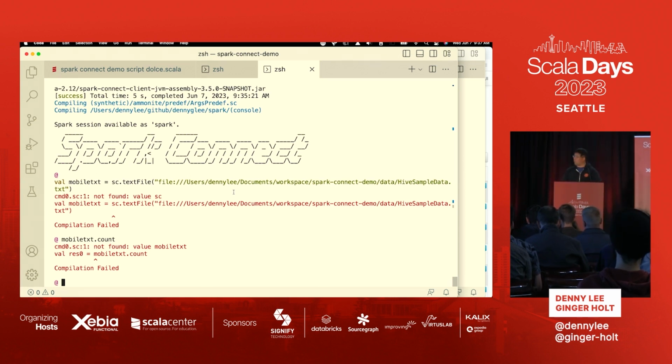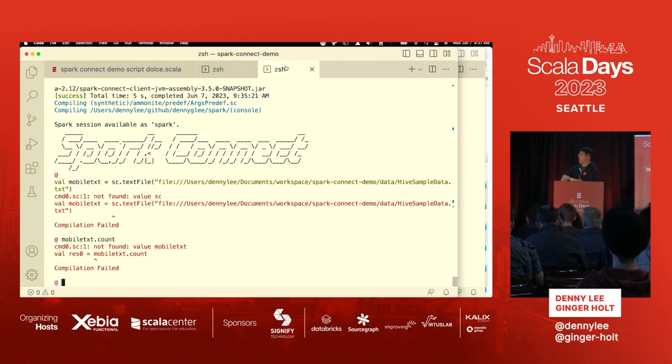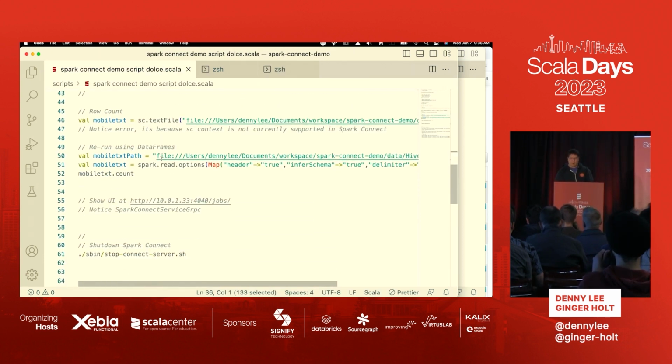So that query worked here because that's a Spark shell working in the monolithic driver, okay? So that's why this query worked. This query does not work because it actually cannot compile the Spark context. Remember, it's the thin client. So I actually have to run a proper RDD query.